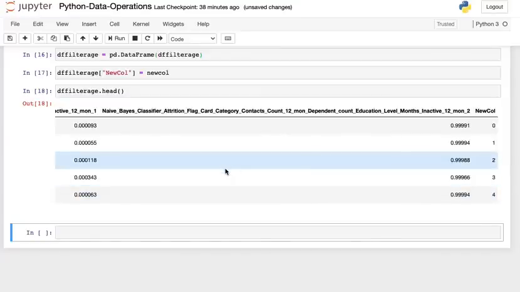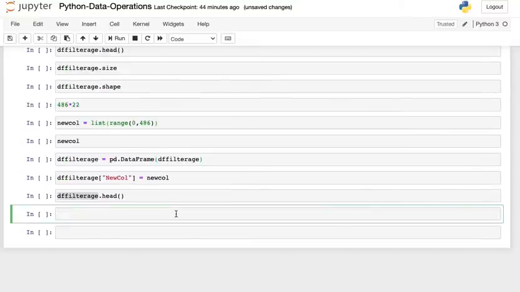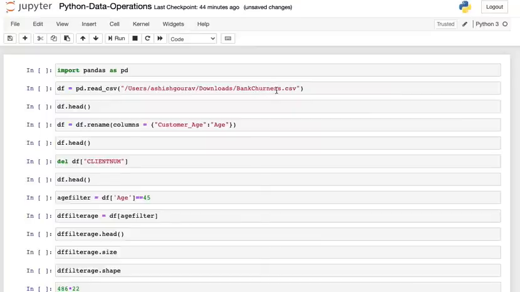Now how do we add a row to this? Now this data frame is quite big, our bank churners.csv. So what I will do is, I have restarted the kernel and cleared all the outputs.